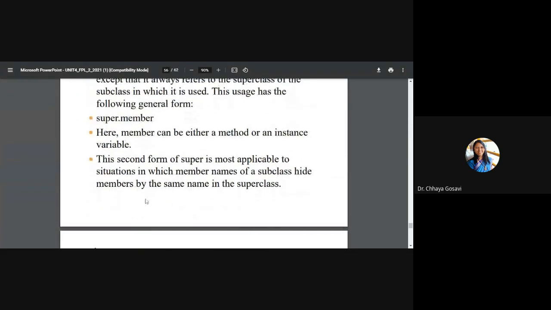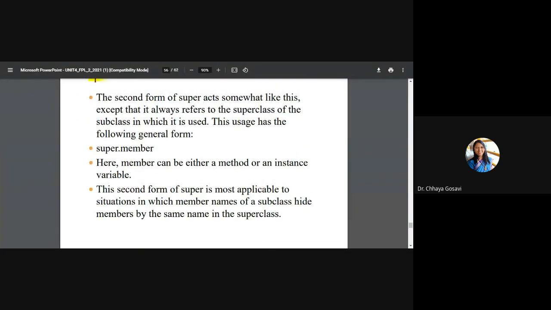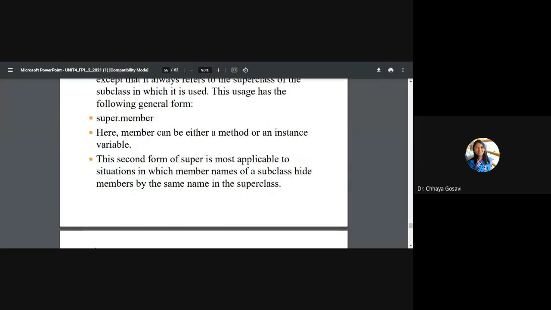Next use of the super keyword: we have seen that it is used to call a method of a superclass or access members of a superclass. The second form of super acts somewhat like this, except that it always refers to the superclass of the subclass in which it is used. This usage has the following general form: super dot member. This member can be a method or an instance variable, like super.display or super.show or super.i.